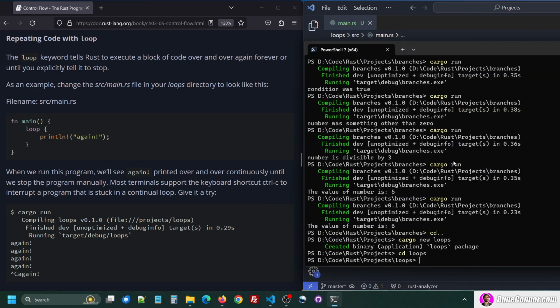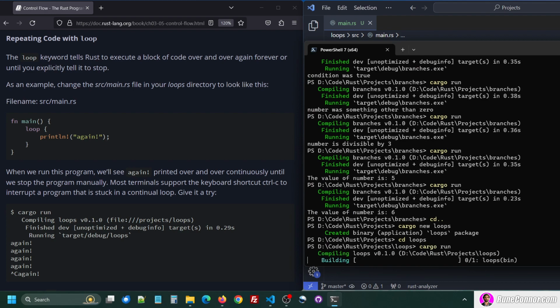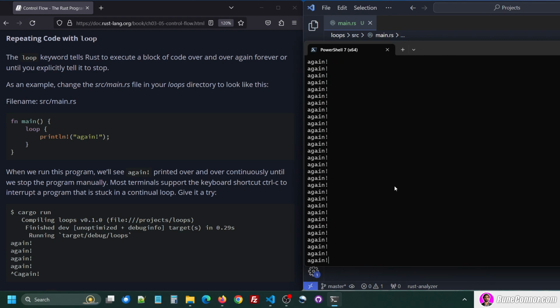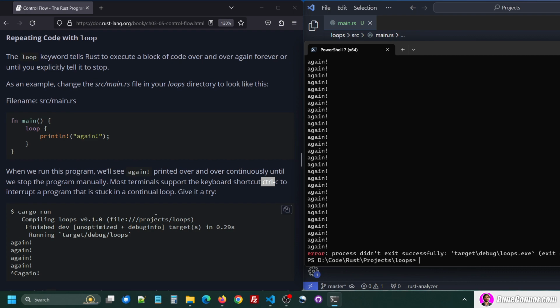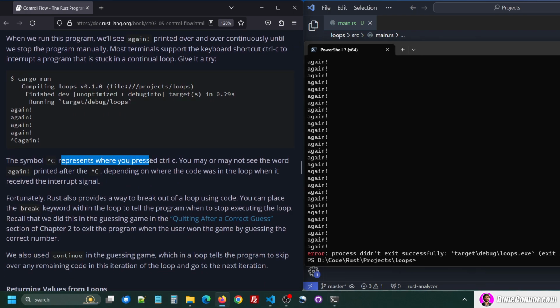When we run this program, let's run that. Cargo run. We get an infinite loop. Yeah. Control C to interrupt. There we go. ^C represents where you press Control C. I don't have that here. You may or may not see the word "again" printed after the ^C, depending on where the code was in